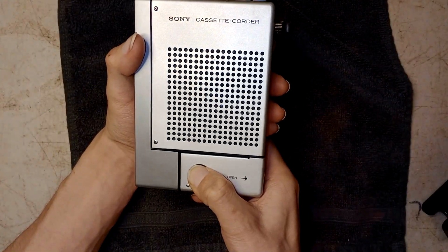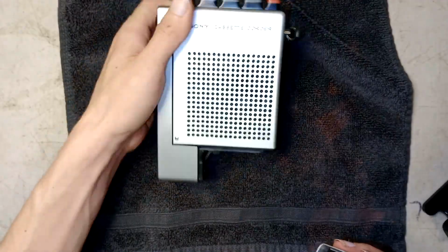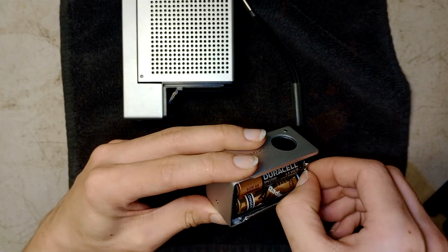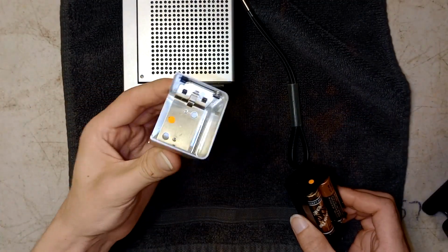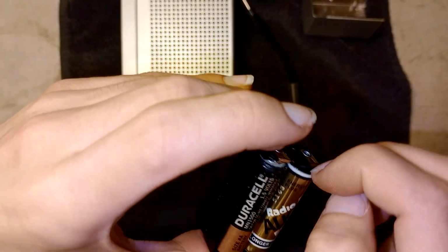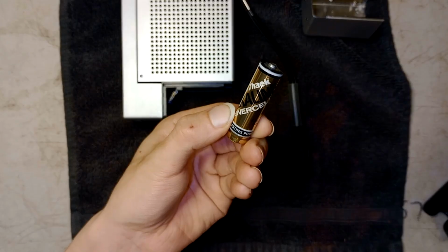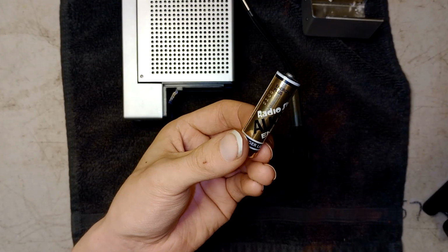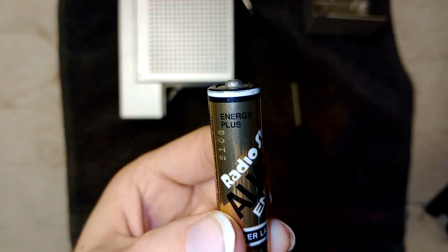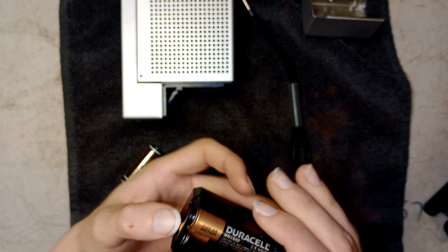And probably wondering where's the batteries. Well, they're in here. Here's the batteries. This whole thing is made out of metal or aluminum. Here's your battery compartment. And here's some old batteries. Like this Radio Shack battery, for instance. Radio Shack Alkaline Enercell. Energy Plus. I doubt it. I wonder if it even has a charge. And then we have some rather old